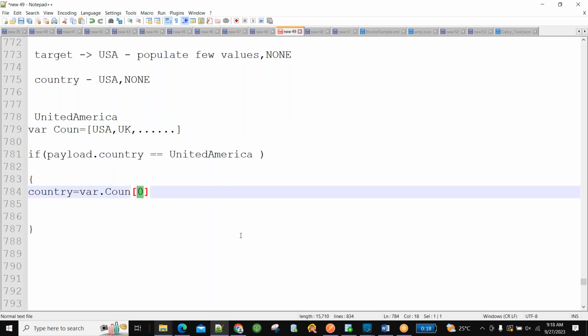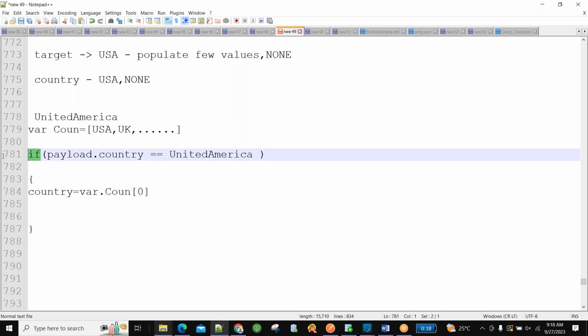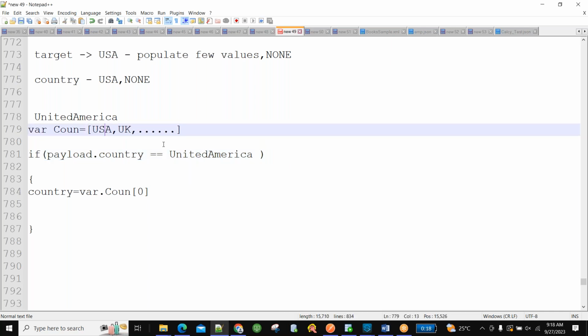So all this is logical. That is what I'm trying to say. But for doing this much, you should know when an if is there in the transform message, right? This is normal. Just I'm telling you, in real time also it is the same case. Any static values that are there, either we will take them in a variable or we will declare them in a properties file, and from the properties we can look up.